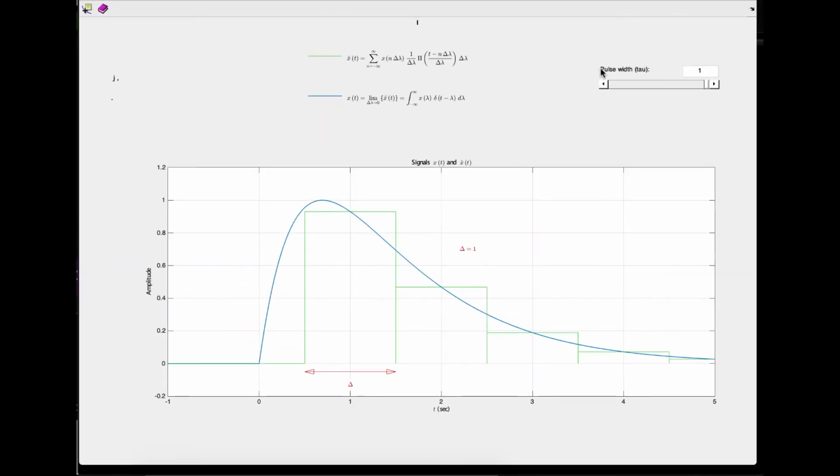If you see this expression here, are you able to see this screen? Okay, so here this is the original signal, the blue one, which you want to approximate using the green signal. The green signal is like this. You can see it's a discrete signal, and now we want to approximate it using this pulse function, right?